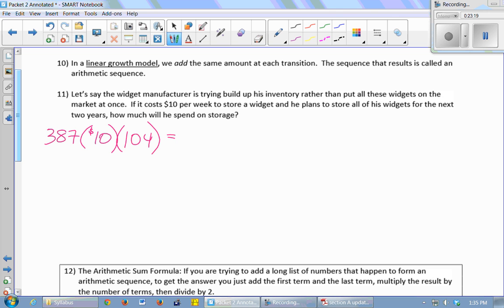Oh, see, I didn't know that. That's not what it was saying. It costs him $10 a week to store a widget. Yes, a single widget costs $10 per week to store. So we take all 387. We have to be charged $10 every week for each one for 104 weeks. He's not hanging on to them widgets. He's going to put them out in the market because it's